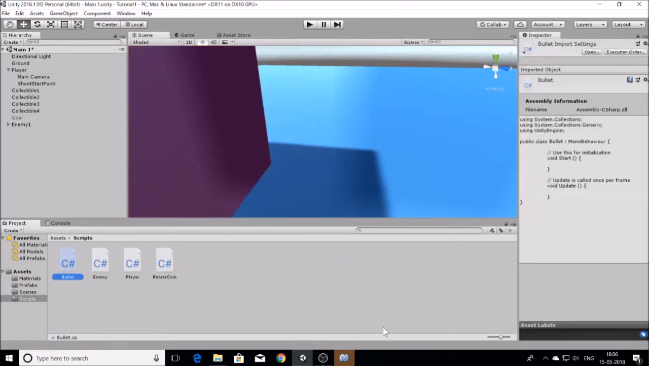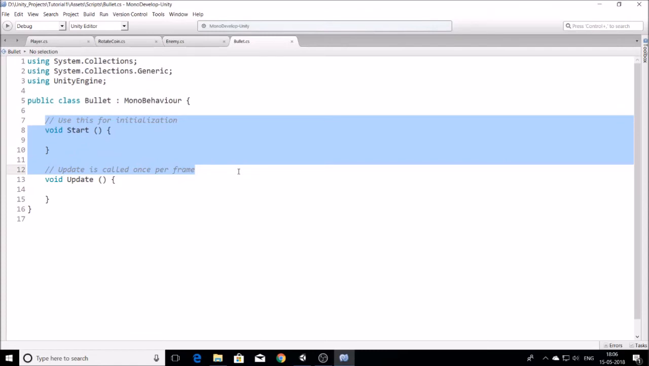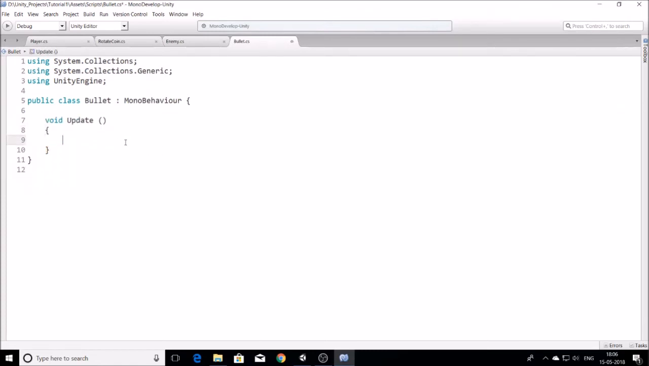Click on this bullet script and it will be opened. The first thing I'll do is remove everything. What I will write over here is, firstly I will create a variable, the speed of the bullet. So public int speed, and here it would be transform dot translate. It is similar to rigidbody dot AddForce, but this is a different one. I'll explain. So Vector3 dot back multiplied by minus speed,